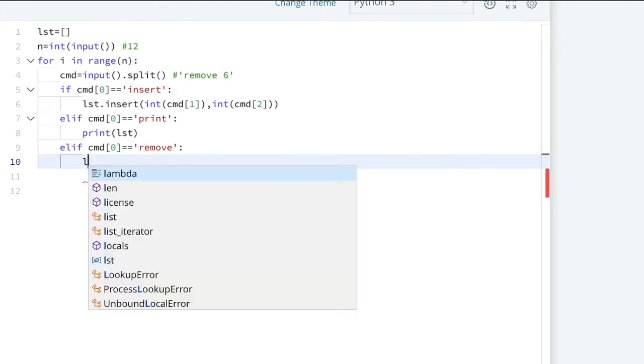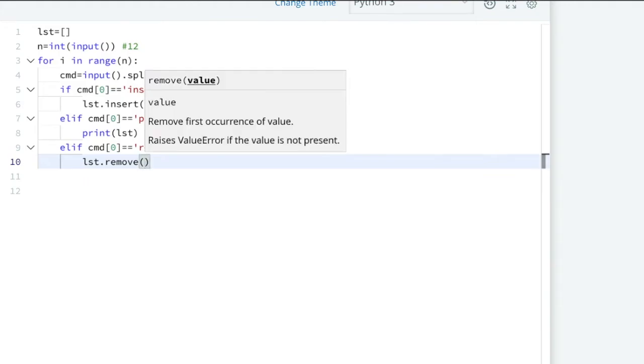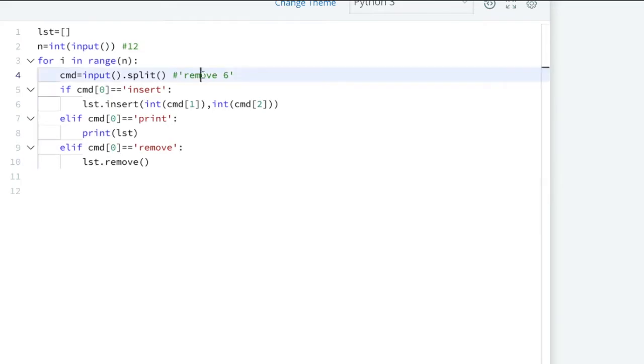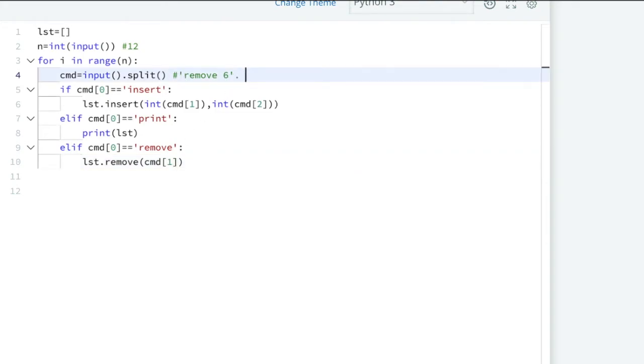If it is equal to remove, then we have to write list dot remove the value, and the value is present at the very first index of this command, command of 1. This is my 0th index and this is my first index. Again, this will be my input string, and we have written split for this input string.